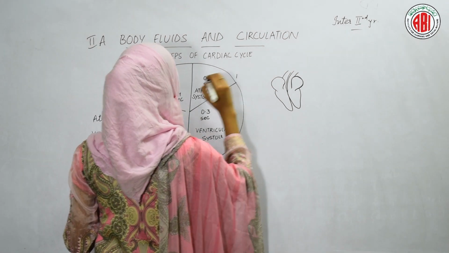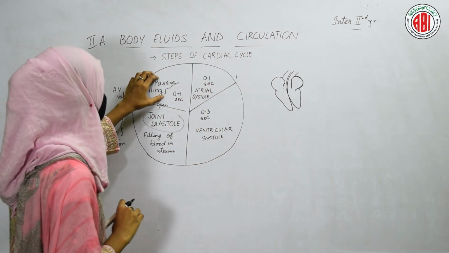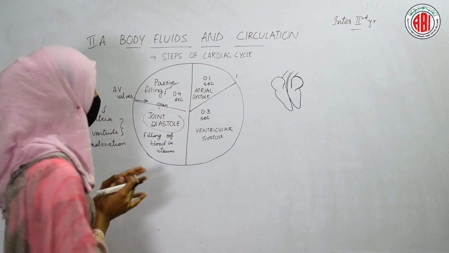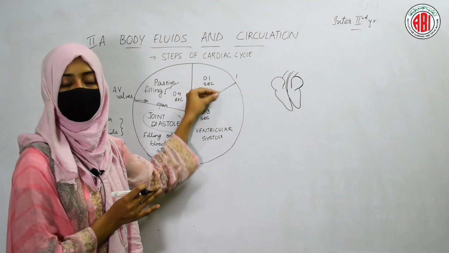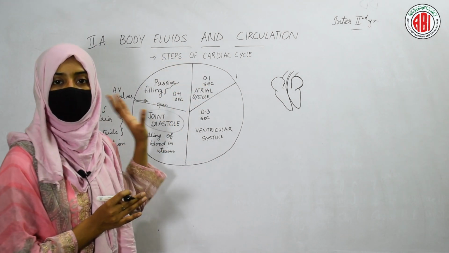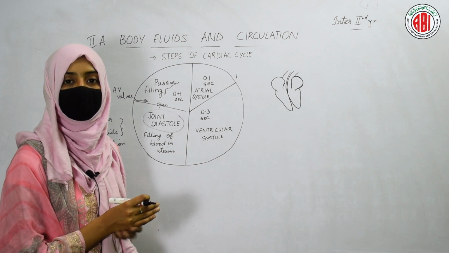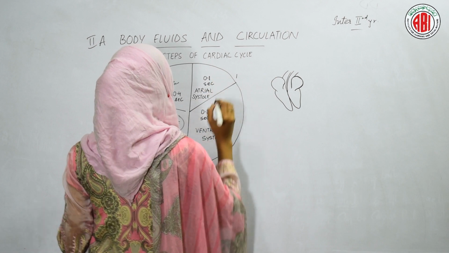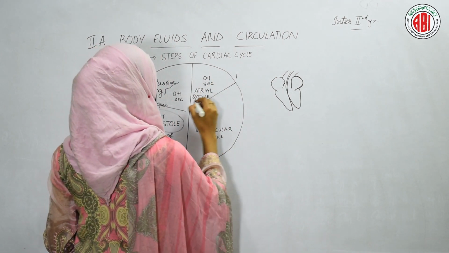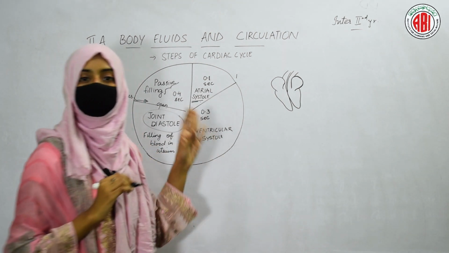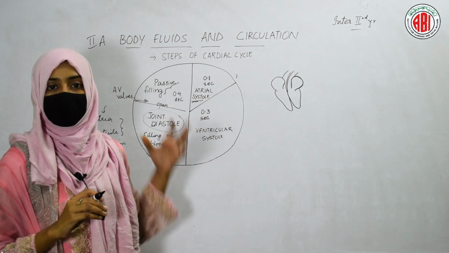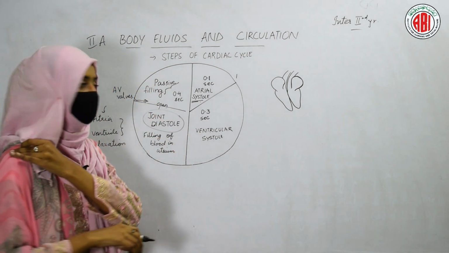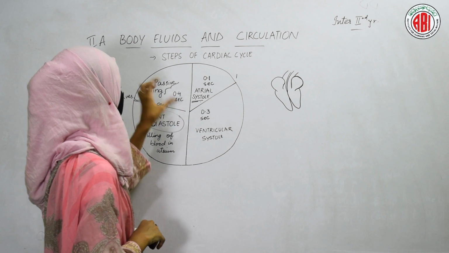After the passive transport of the blood into the ventricles, the atrium gets contracted. Due to the contraction of atrium, some volume of the blood enters the ventricles, and we call that type of transport active transport. This active transport takes place within 0.1 second. Now, after 0.1 second, that is after atrial systole, the atria relax again. Atria enter a stage called the diastolic stage. That means the relaxation of atrium takes place. After the contraction, the atria get relaxed.